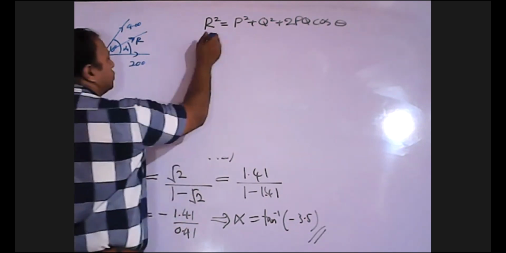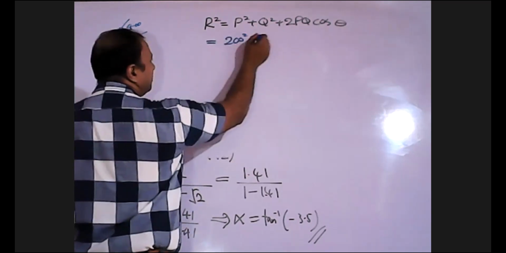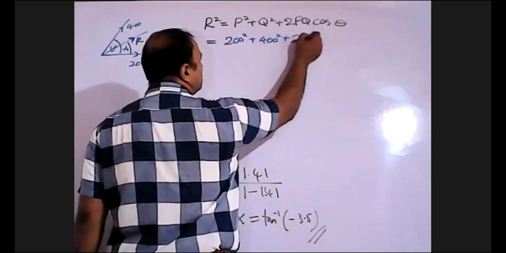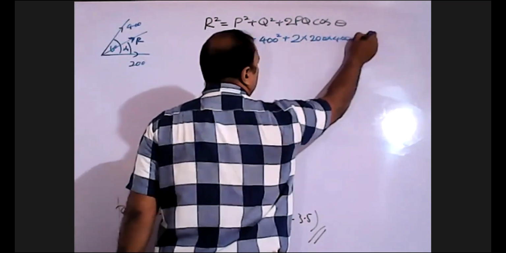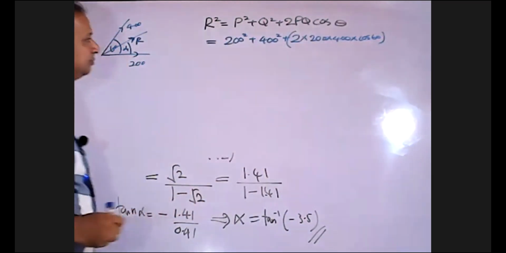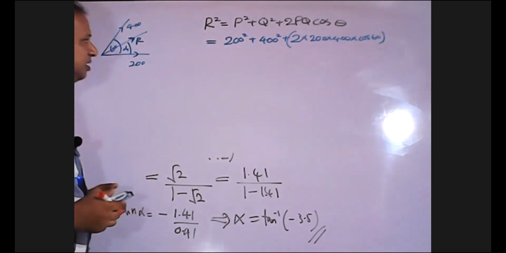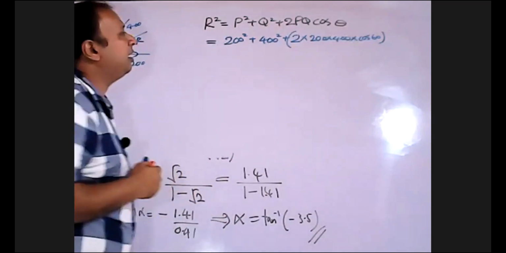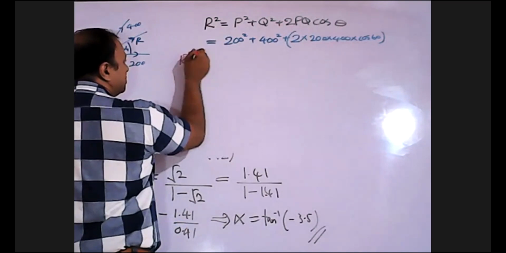Okay, R square. R square is equal to 200 square plus 400 square plus 2 times 200, 400 cos 60. Cos 60 is half, no? Therefore, that half and this 2 will be cancelled out. I will write it again. R square is equal to